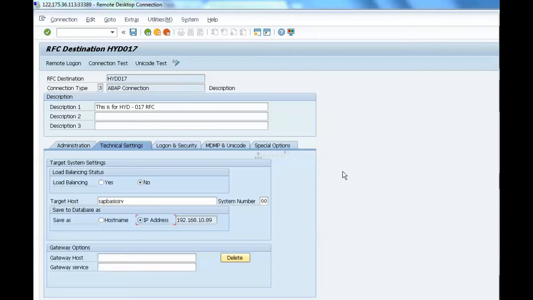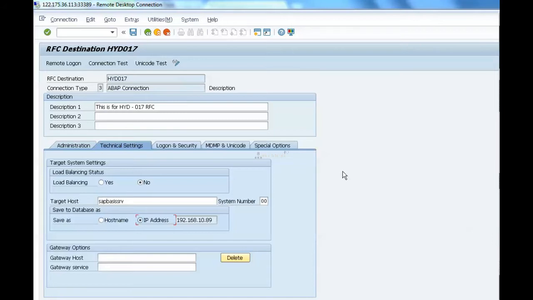This is the SAP router string, and you have given a group name, right?